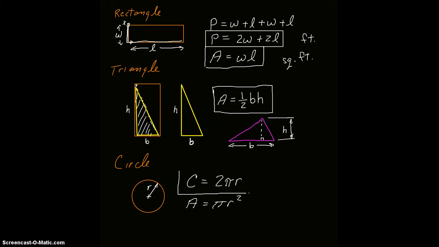How to remember these? I remember them by use of the units. R is a distance, right? So maybe it's, for example, inches. So in my first equation, 2 pi is just a constant. It's just a number times inches. So the units on the circumference would be inches, which is very similar to the perimeter of a rectangle, which was inches or feet, right? And area, the pi r squared,